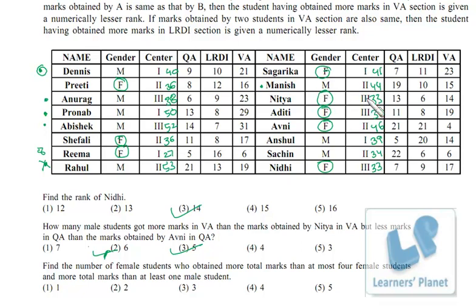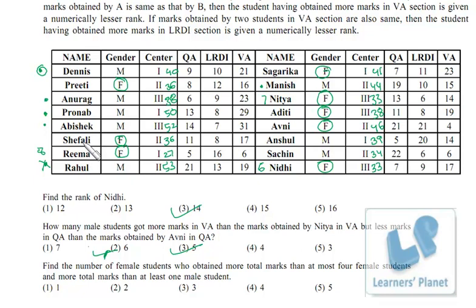Then this Nitya is 7th. Okay, and Nidhi is again maybe 7 or maybe 6. Not interested in calculation. Aditi and Avni 38, 46. Okay, so Preeti has got 36 and Shefali has got 36, right? So their rank is at fourth, right? Fourth or fifth, because three females, Sagarika, Aditi and Avni, have got better rank than Preeti and Shefali, right?